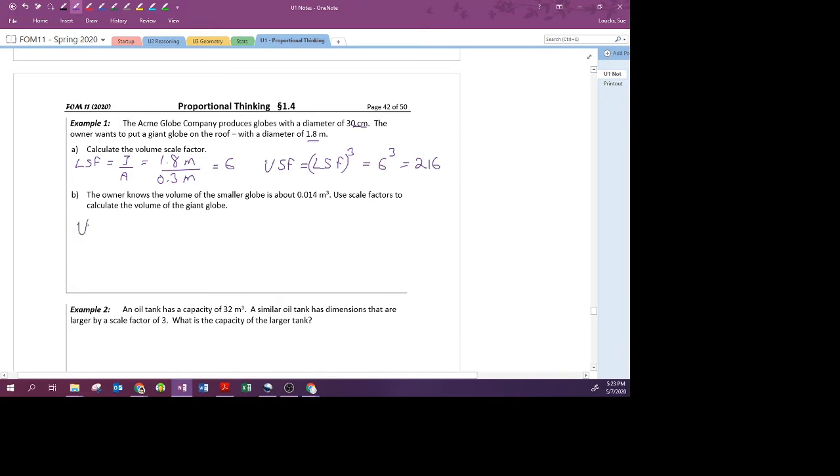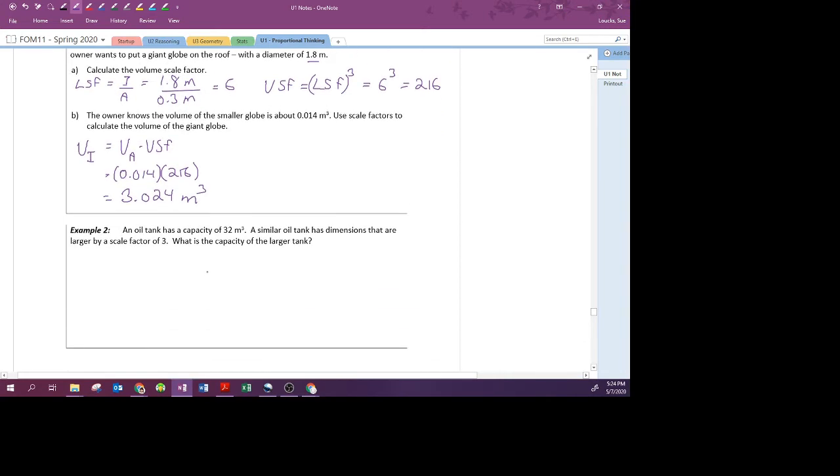So the volume of the image is going to be the volume of the actual times the volume scale factor. So the volume of the image is 0.014, and the scale factor is 216. So our answer is going to be 3.024 meters cubed. That was much easier than calculating the volume of something using a formula for whatever the volume of the thing